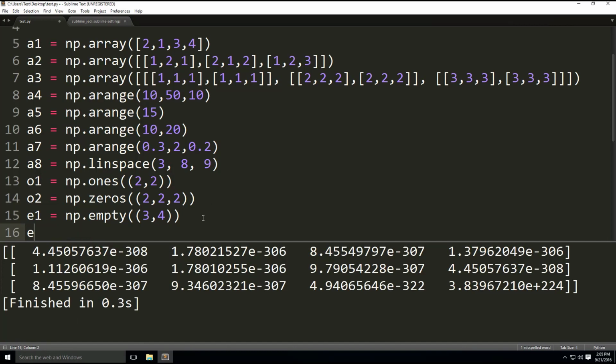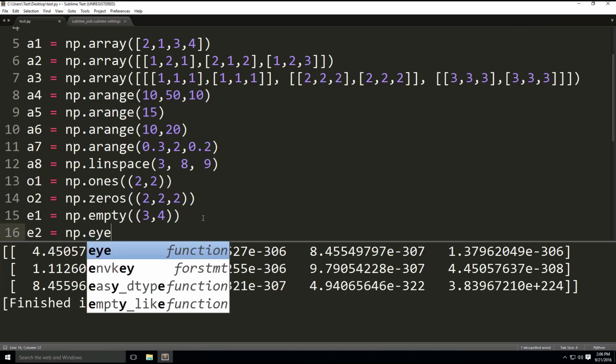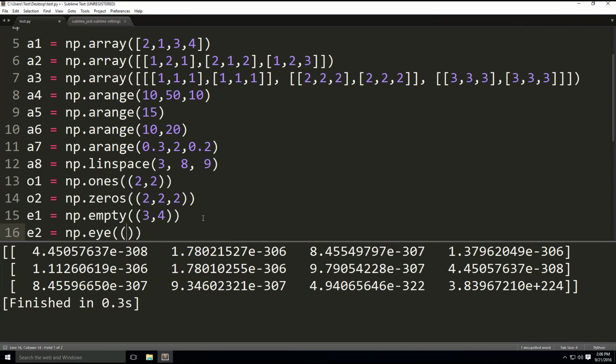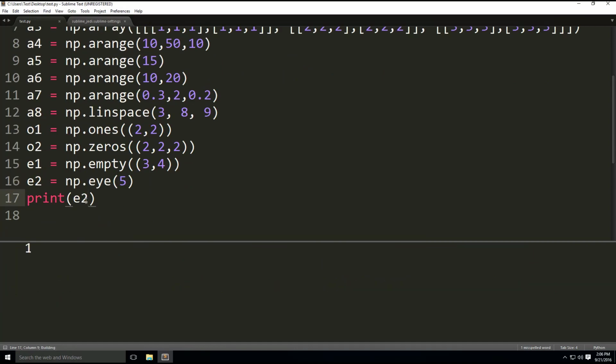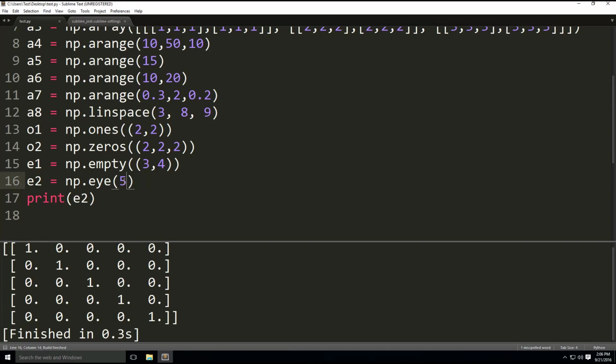Now we have another function called np.eye. What this does is make a diagonal of ones in an array. We have just one parameter, 5, which creates a matrix with rows and columns of this size. Actually, we don't need double parentheses there. So we're going to display E2. Here we go. And similarly, if I change this to 3,